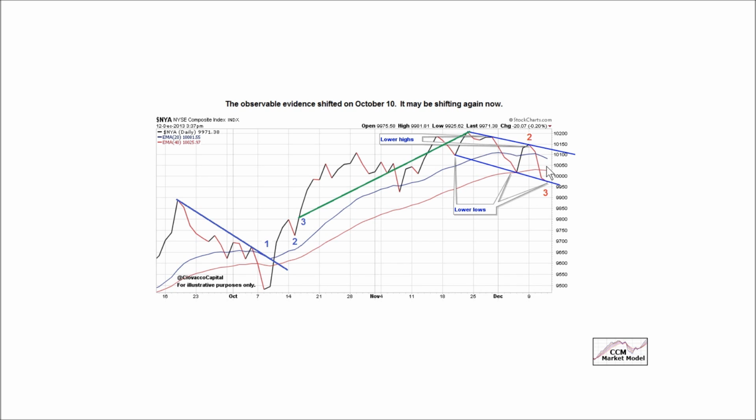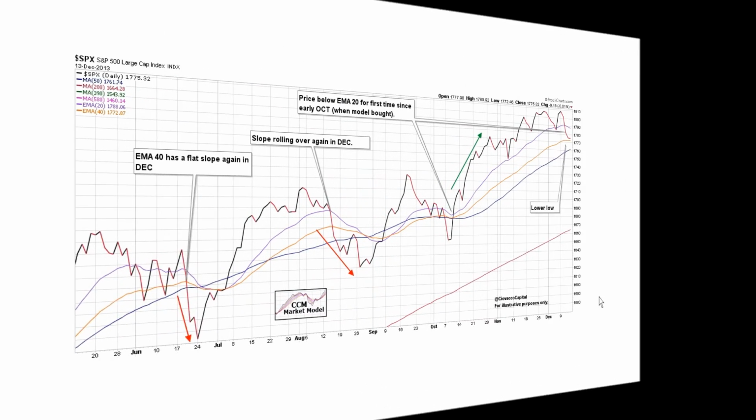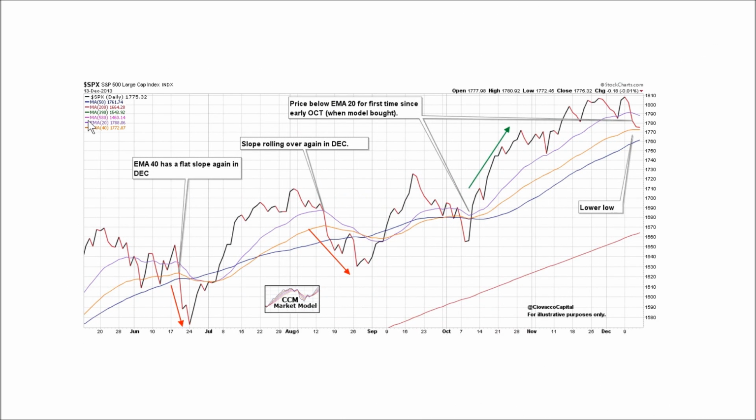As long as the market continues to deteriorate, the market model will continue to move away in an incremental manner. If the market rights itself, we're happy to redeploy that cash as we did here in early to mid-October. This is a daily chart of the S&P 500, and this chart is as of the close on Friday, December